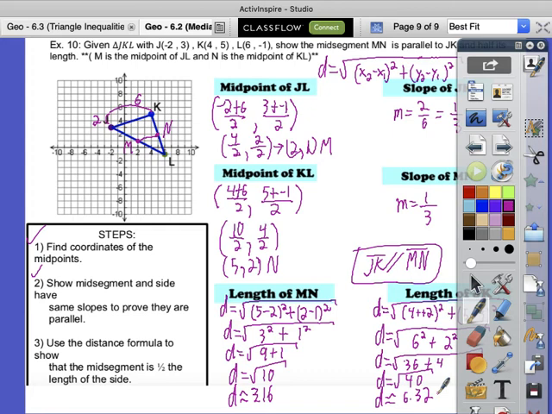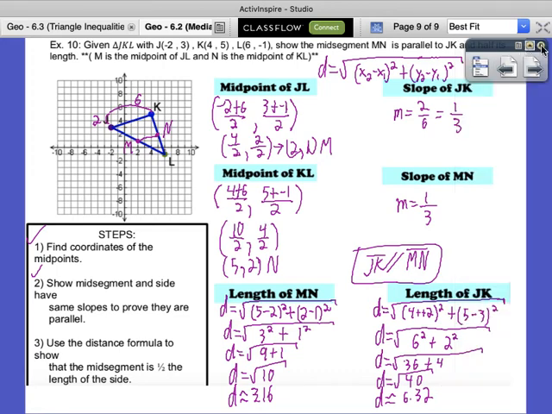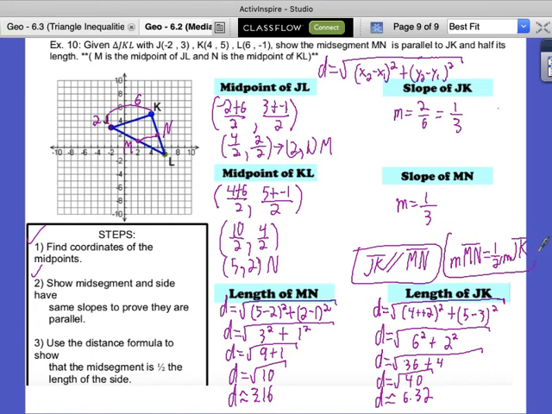How? Twice. It's double. So we were asked to show here that the midsegment is parallel to JK and half its length. Is this midsegment half the length of JK? Yeah. So what I want you to write for our answer, just like we wrote this up here, is that the measure of segment MN is equal to half the measure of segment JK. Because that was all one